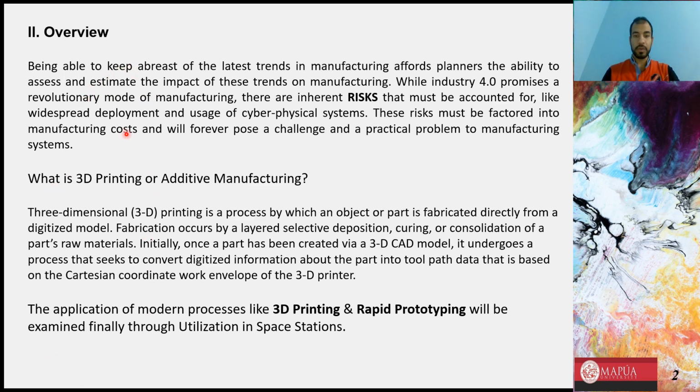Industry 4.0 promises a revolutionary mode of manufacturing. There are inherent risks that must be accounted for, like widespread deployment and usage of cyber-physical systems. These risks must be factored into manufacturing costs and will forever pose a challenge and a practical problem to manufacturing